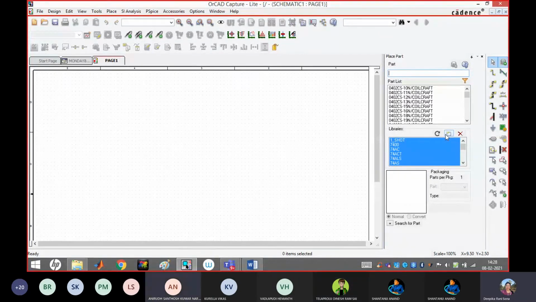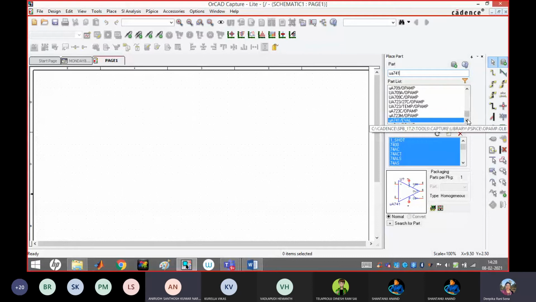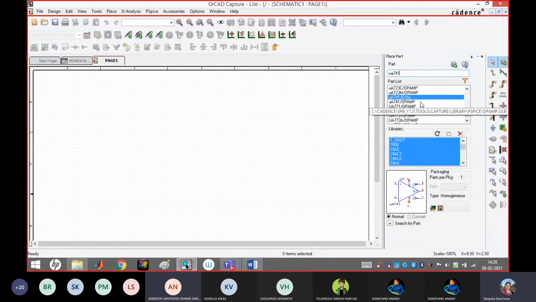Here you can type the component name, UA741. Ma'am, should we add all the components in the library file? Yeah, because we need some time. Two options I'm telling you now.